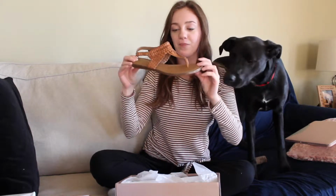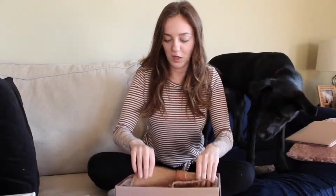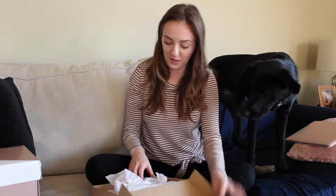They look like this, and they have a little bit of cushion to them as well. They're a little bit nicer, a little bit with like some skinny jeans or something like that. I thought that'd be really good for these. So that's that pair. And then the next pair is